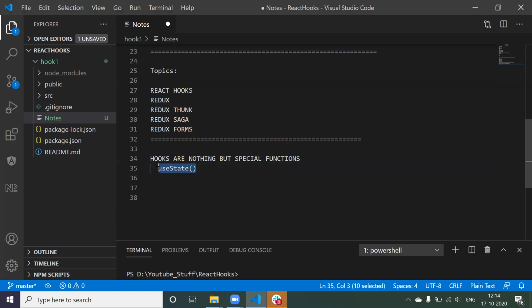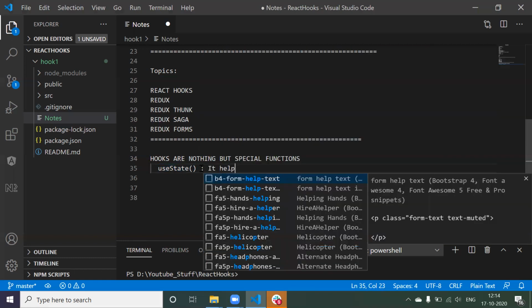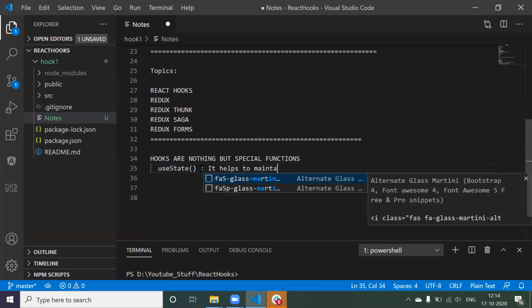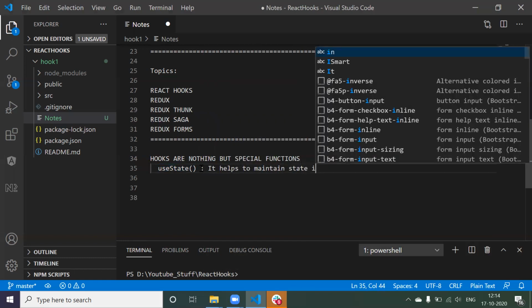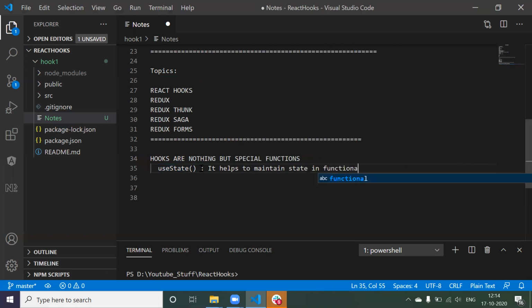So we are going to understand what useState is. The useState hook helps us to maintain state in a functional component. It means if you want to maintain state in a functional component, it's possible using useState. Now how? Let us understand.